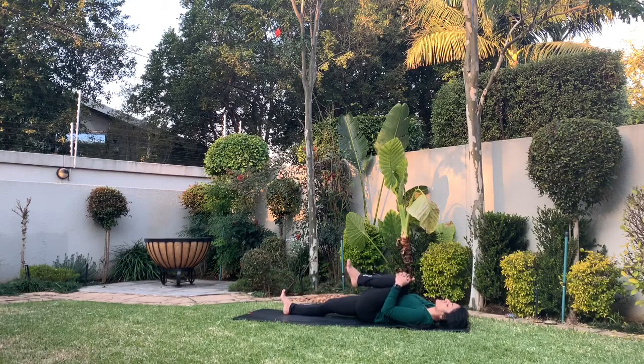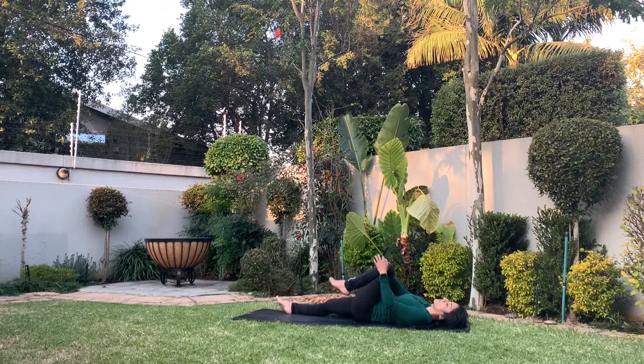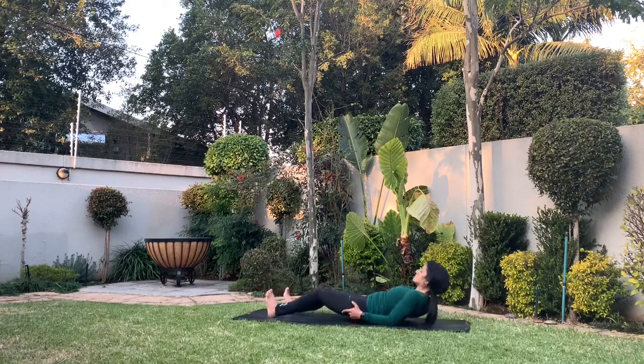Taking your right knee into your chest and pulling your right knee over to the left hand side with your left hand. Taking your right arm out at a T shape, looking at your right fingertips. Again, you can close your eyes and focus on your breath or the sensations in your body. On your next inhale, come back to center with your right leg, squeezing it into your chest and letting it go. We're going to come to sit on our mats,